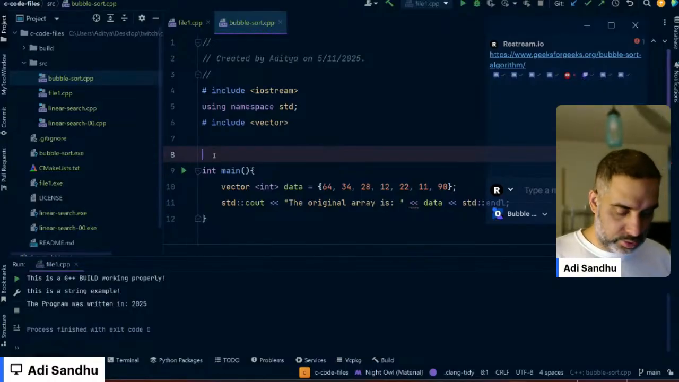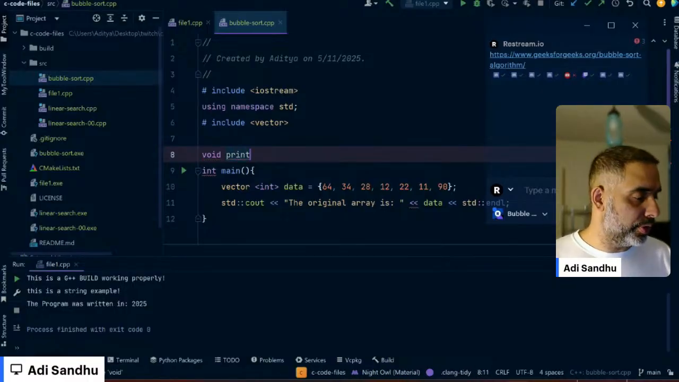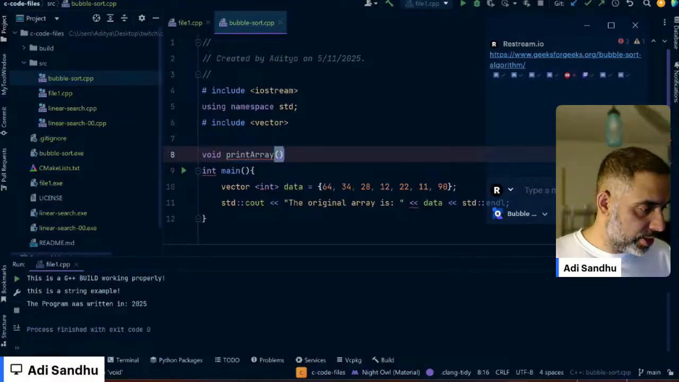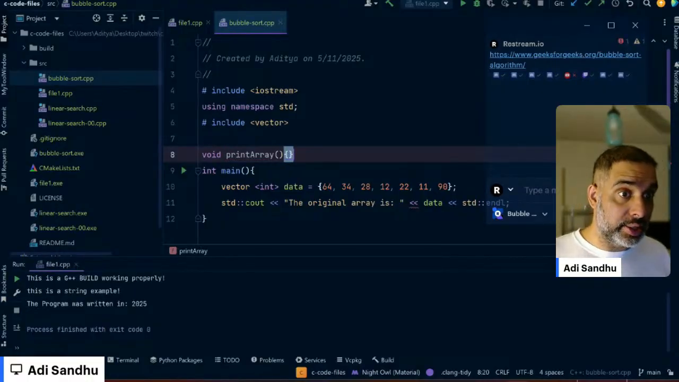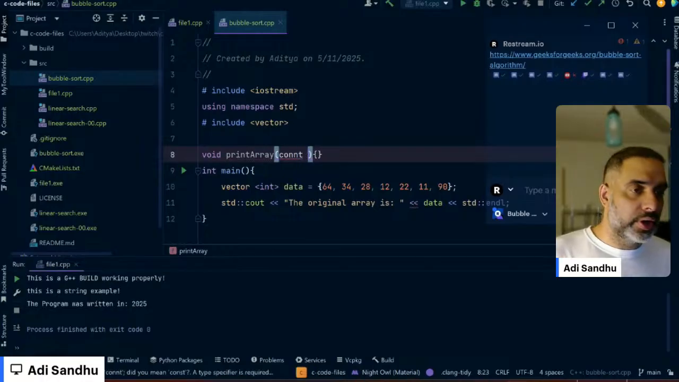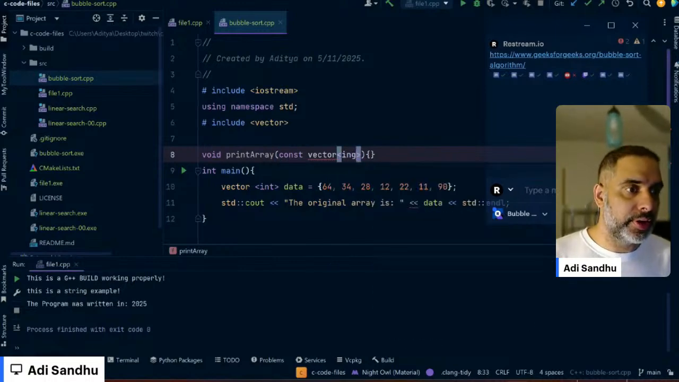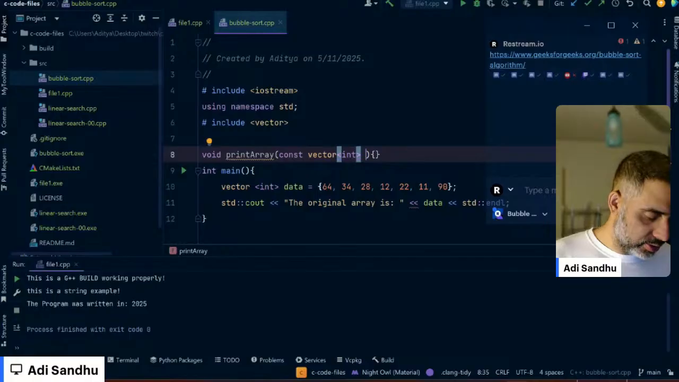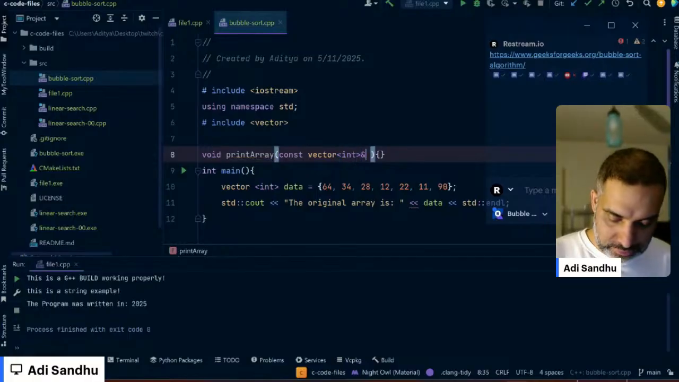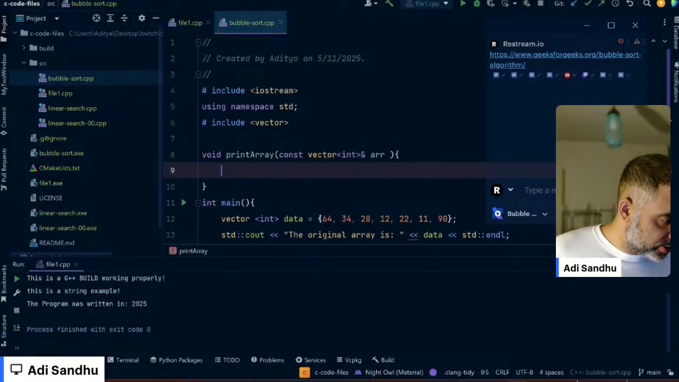We're gonna do it like this, right? So we go void. This is quite void print array like that, and then in here we're gonna do const vector int, and array. Okay, so we're going to pass the array into this, and of course we're going to have to call